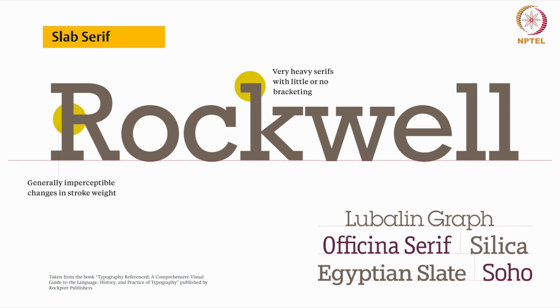Now, also called Egyptian serif, this is another group, slab serif. They have thick block-like serifs that are attached to the ends of the strokes. These are typically, most of the time, the same thickness as the rest of the letter. So the thickness of the letter strokes and the serifs, you will find the same.